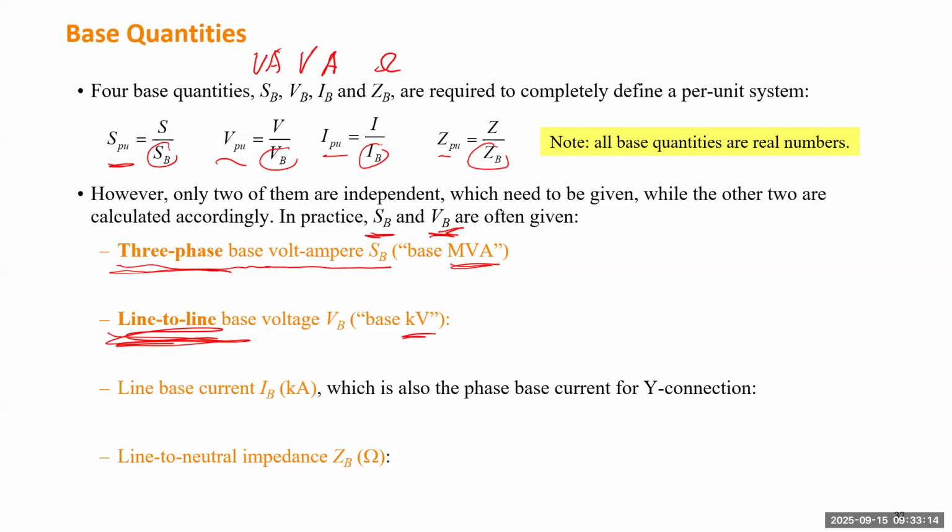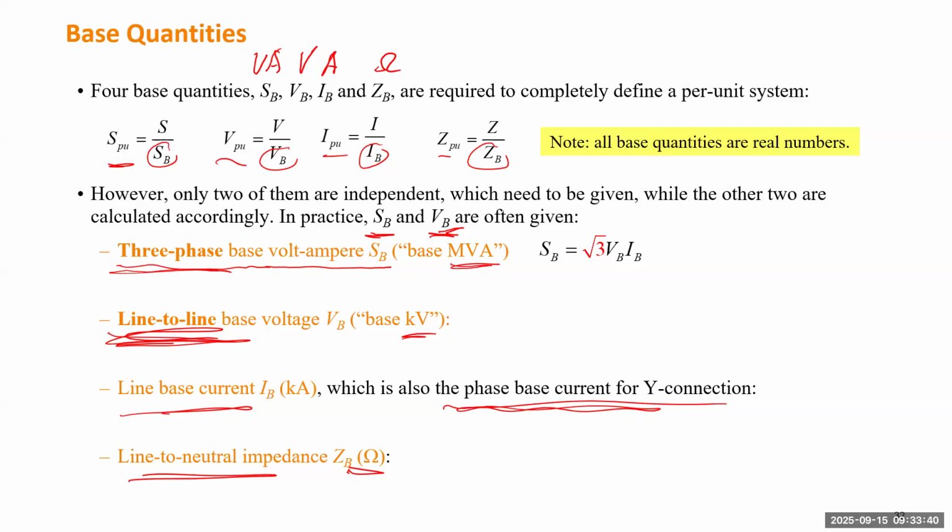So usually it's in kV, kilovolts. And for current, we just use the line current of a single line. If the device is a Y-connected device, that is also the phase current. For impedance, we pick the line-to-neutral impedance to define the base. All right, so we'll have